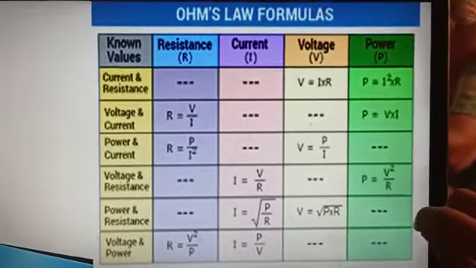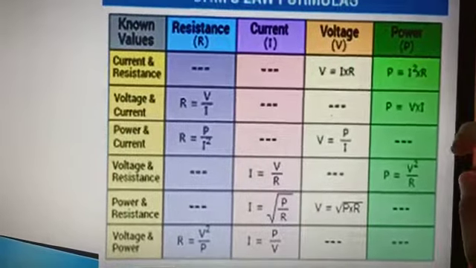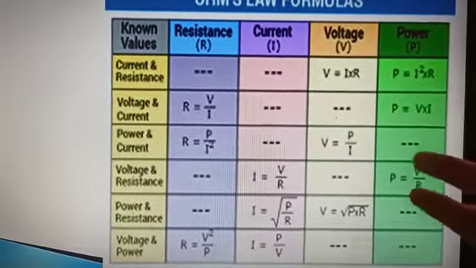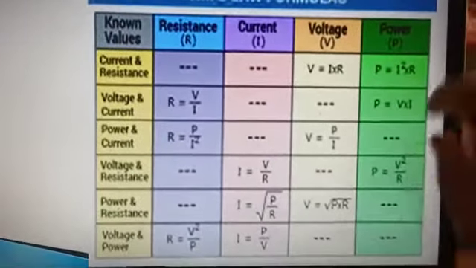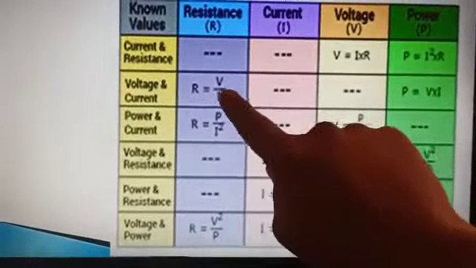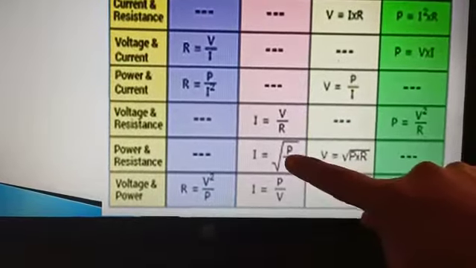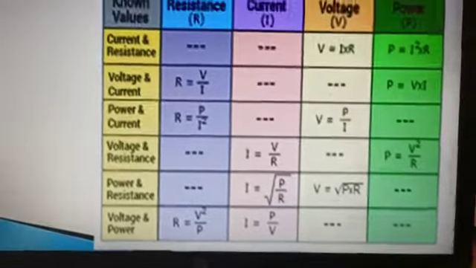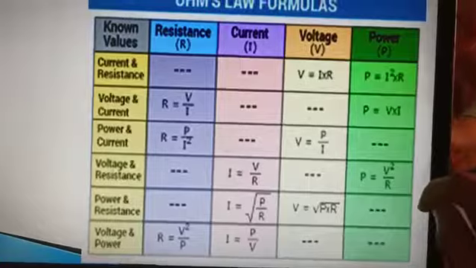This is again a very interesting way of remembering your formulas for your board examination, where they will give you any 2 pieces of information and you have to find out the third piece. So this chart gives you all the formulas. It's very simple. This is nothing but Ohm's law written in 3 different ways. This is the power formula written in 3 different ways. It is the same thing but very neatly given. You can make note of this as well.